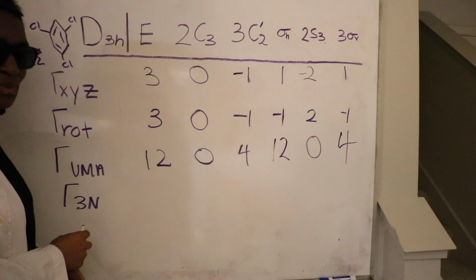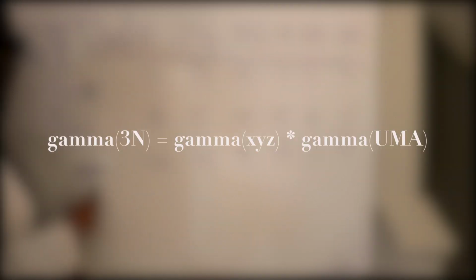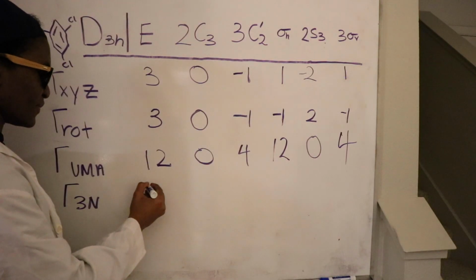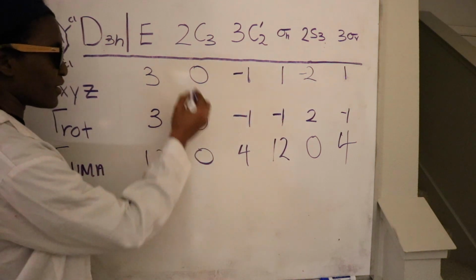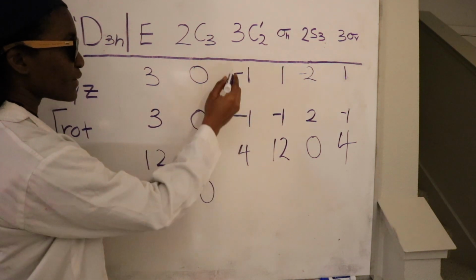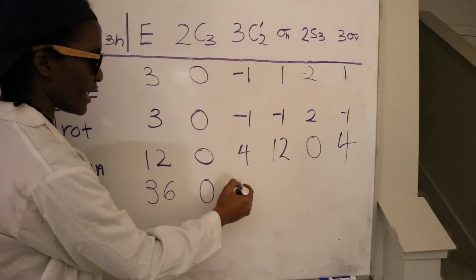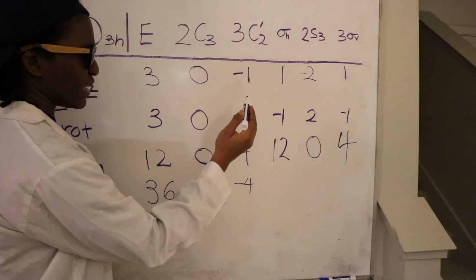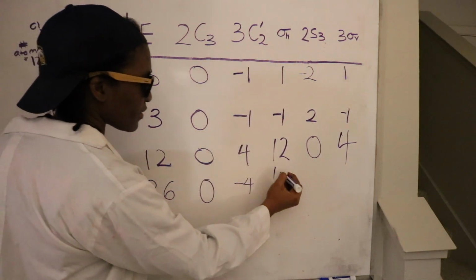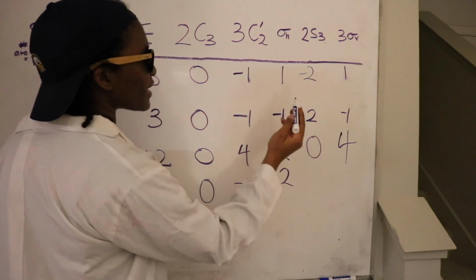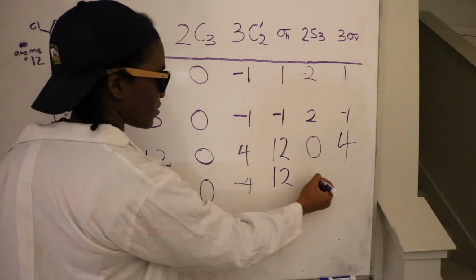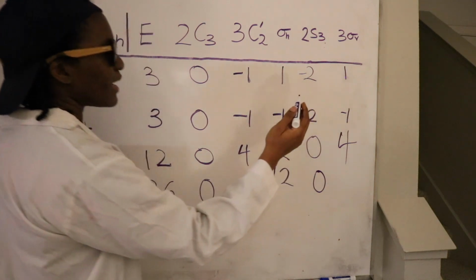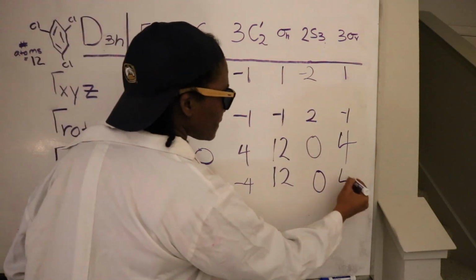So for gamma 3N, we multiply the gamma of unmoved atoms and the gamma XYZ. So for E, we have 36. For C3, we have 0. For C2, we have -4. For sigma H, we have 12. For S3, we have 0. And for sigma V, we have 4. For gamma Vib,